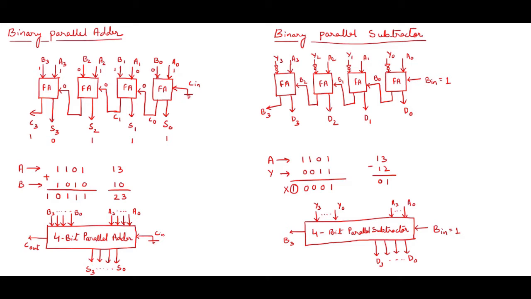Now, what is the use of this C in bit, or why is it grounded? The question is, initially when I'm starting from A0 to A3, I'm taking this pin as grounded, because I don't have a C in or carry over here. But suppose I want to design for 8 bits, and I have designed 4 bits. So what I will do is take one 4-bit parallel adder like this, and again take one over here, and I will connect this C out to this C in.